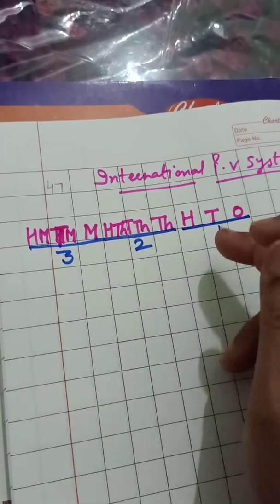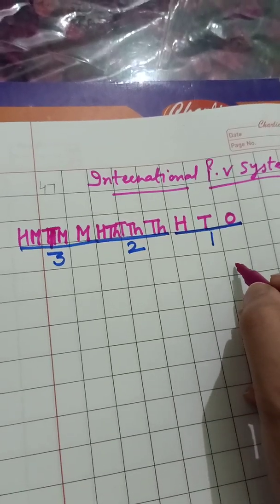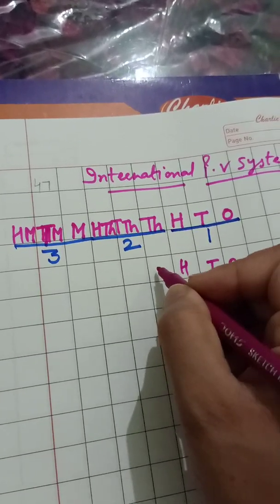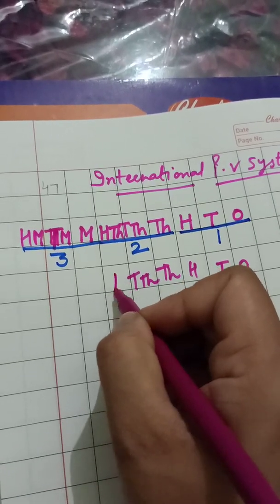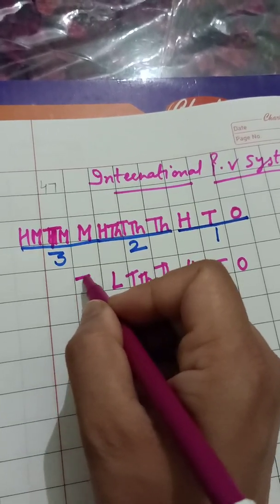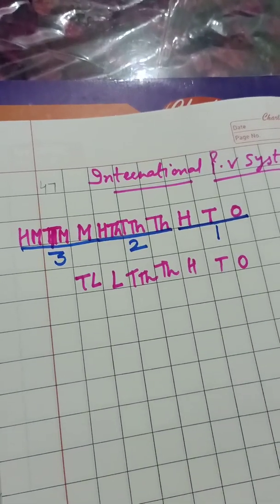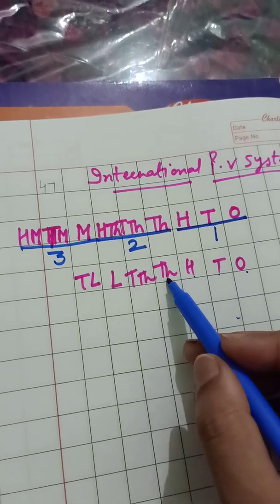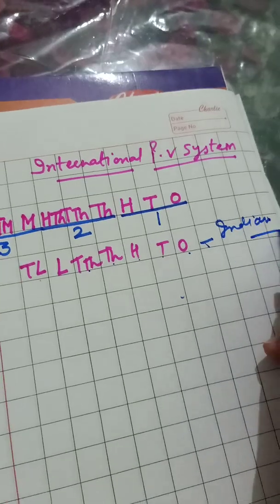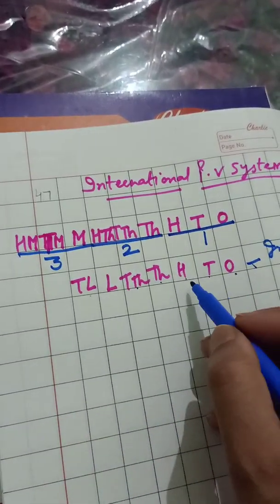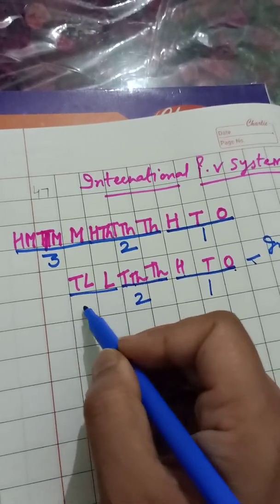I'll show you the difference over here. In the Indian place value system we have ones, tens, 100, 1000, 10,000, which is the same here, then lakhs, and 10 lakhs. So they are 7: 1, 2, 3, 4, 5, 6, 7. That is the Indian place value system. And the international place value system has 9. This is the first group, this is the second group, this is the third group.